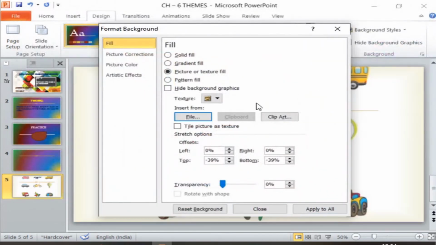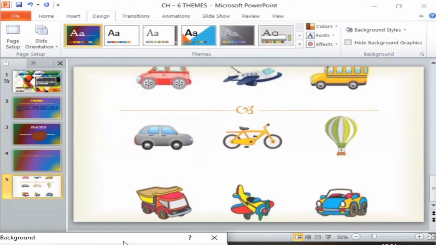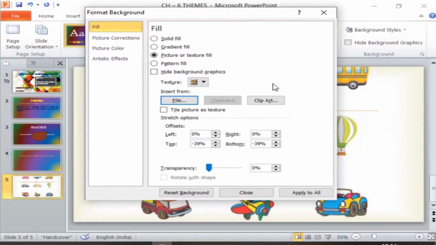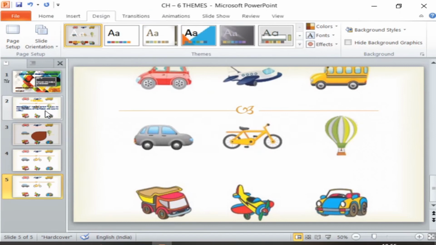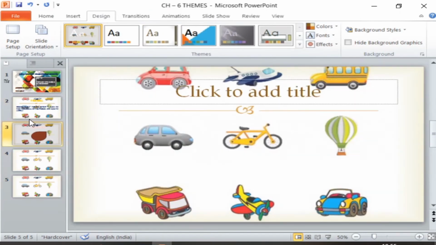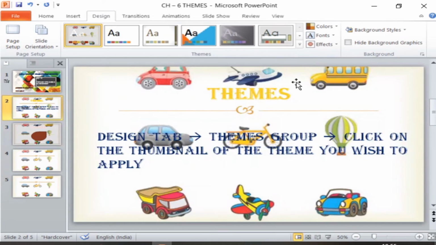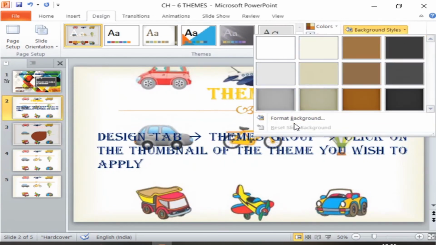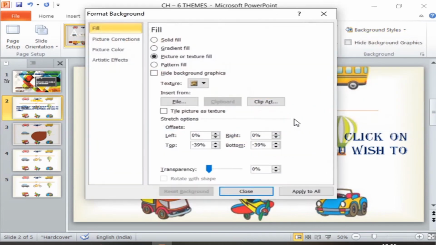So now the picture will be inserted as a background of a slide. If I click on apply to all, you can see on all the slides the picture as a background will be there, right? If you do not click on apply to all, only the present slide will have that picture as a background.